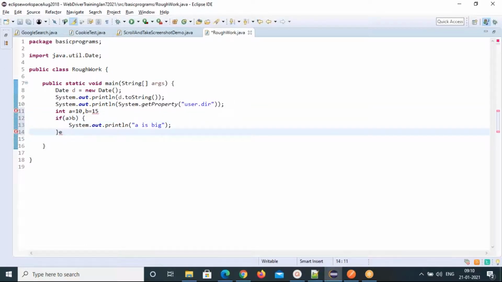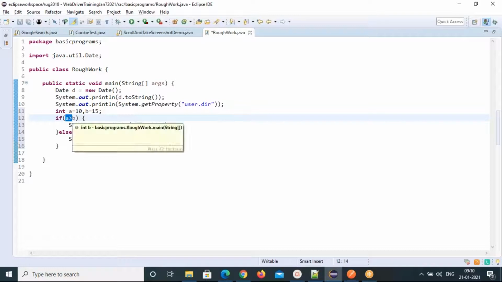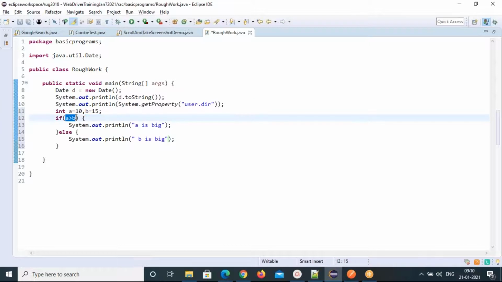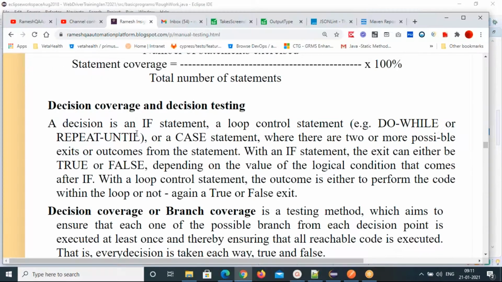See that if that is not true, the condition, this is the condition here. If this is not true, it will come to here, this path. The path is going to change. Then you can say, so b is big. So this is the conditions we call this. It checks the condition. If it is true, this path will execute. If this condition is false, it will come to else path. The path is changing, right?